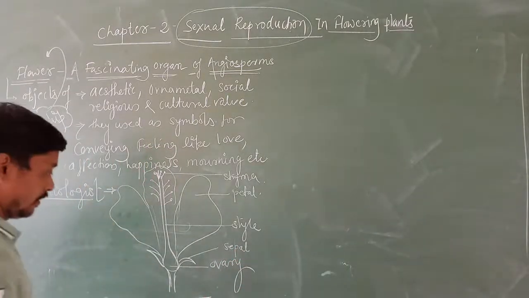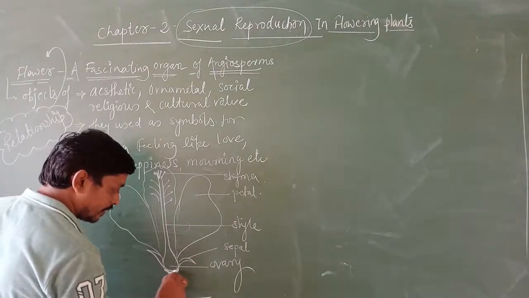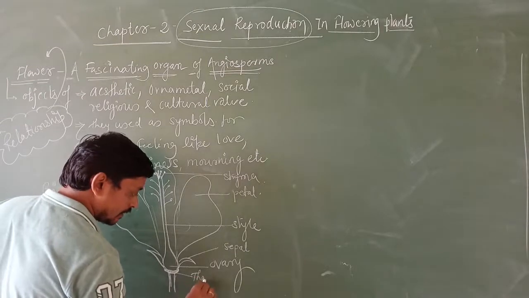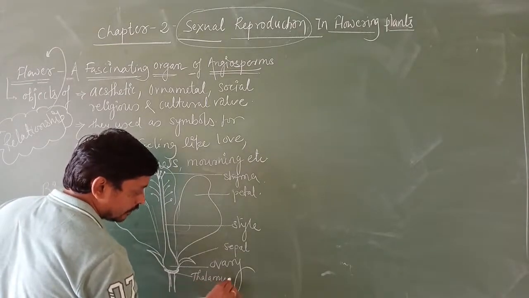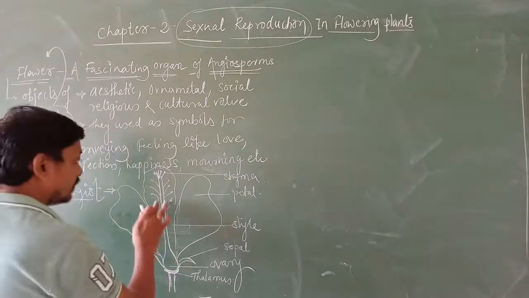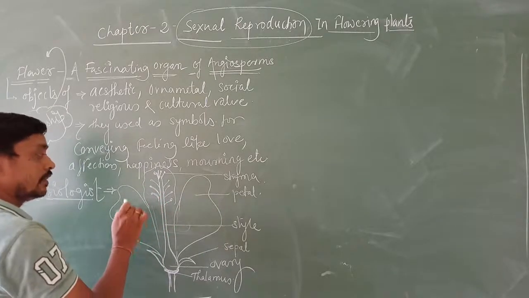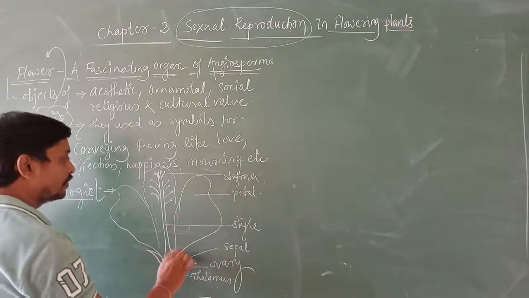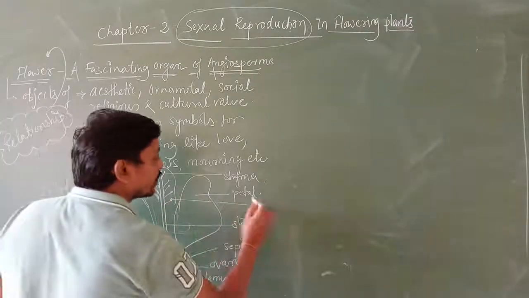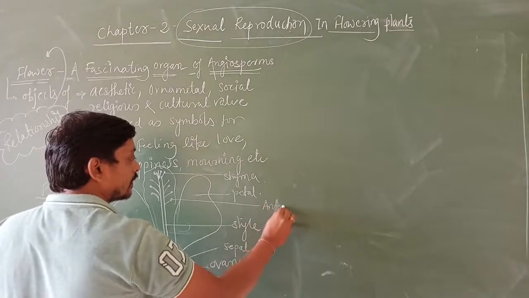Then here we have the thalamus. This is the thalamus. Okay. So next, I have drawn this for a bisexual flower, and here we find the anther,